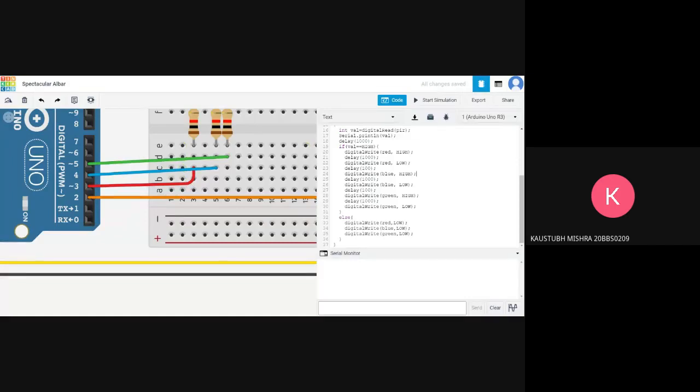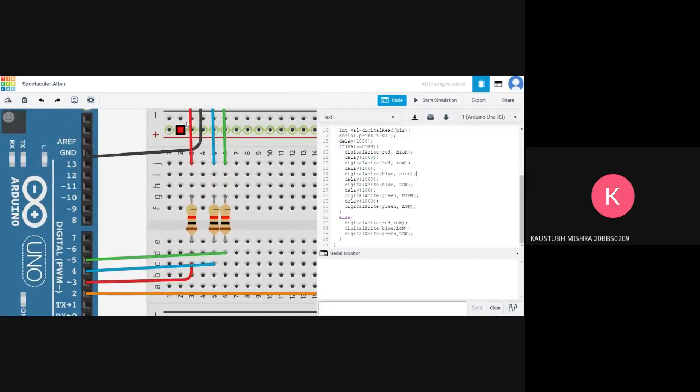So when I say digital write red comma high, it sends a current out through pin number 3 that goes into the LED. And after that, I have kept a delay of 1,000 milliseconds so that it keeps sending a current for 1,000 milliseconds. And after which, okay, sorry about this.